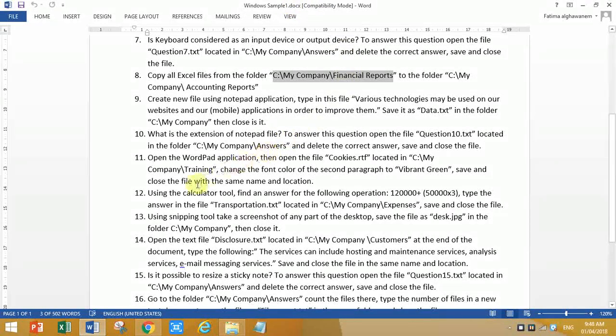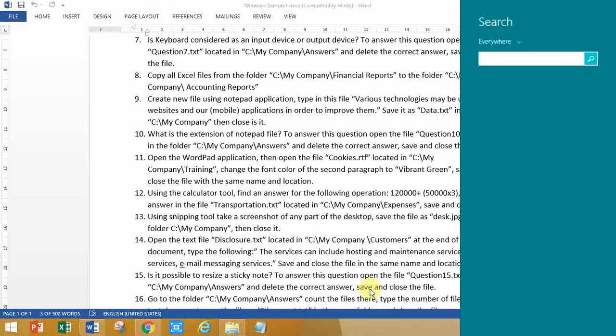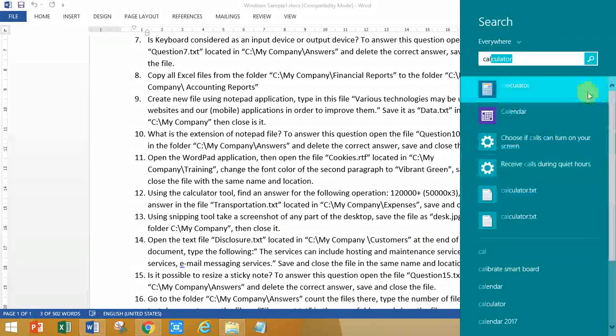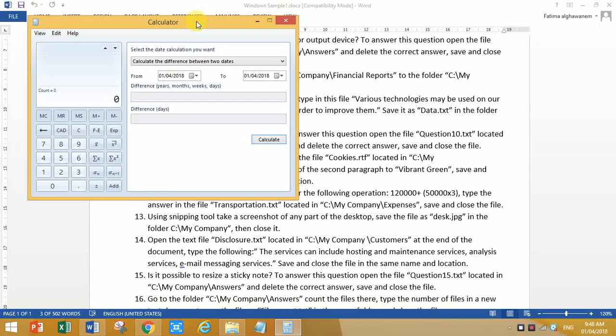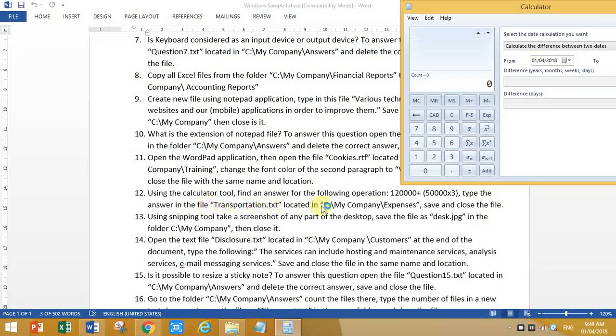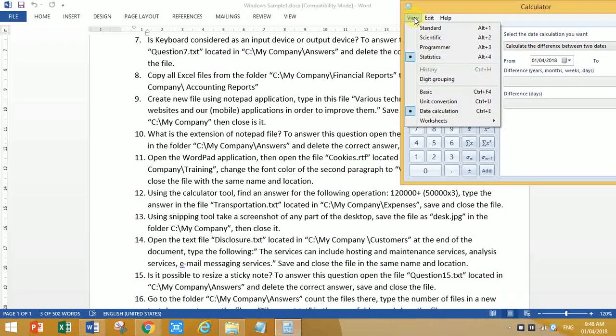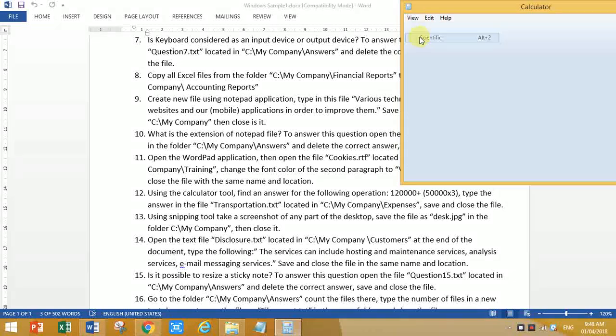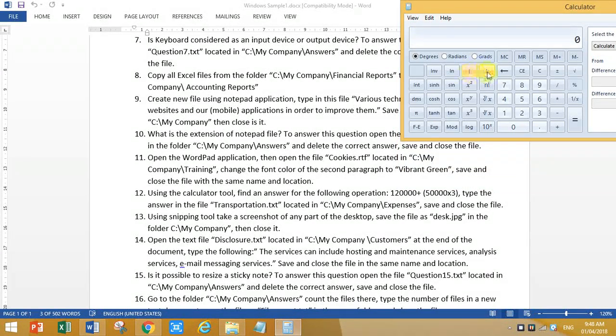Using the calculator tool. Okay. I will search for calculator. This is my calculator. I start it. He wants me now to do this operation. Okay, this is my calculator. We have parentheses, so it's better to convert it to scientific always, so you can have the same parentheses here. So I will write 1, 2, 1, 2, 3, 4,